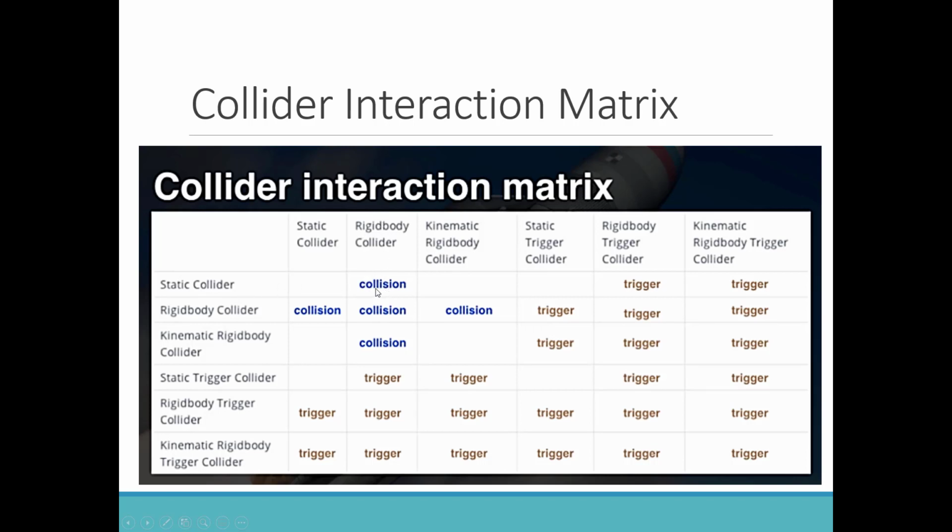So that's the only situation for a static collider to have a collision being detected, is if it enters in contact with an object that has a rigid body and a collider. No triggers there. The static collider can also generate trigger events if you have a rigid body with a trigger collider, or if you have a kinematic rigid body with a trigger collider. So you can see overall that it's going to be a lot easier to have trigger events being generated than